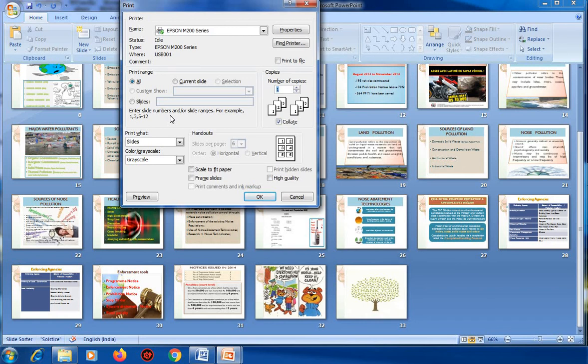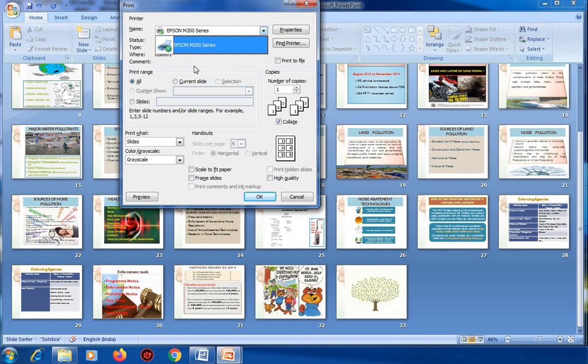In the print group, afterwards you select the printer. You go to the arrow option, then whichever printer it is, you just select the printer option, then set the printer settings like range, all the slides, copies, etc. After that, click the down arrow next to the color field, and select color or black and white, anything.